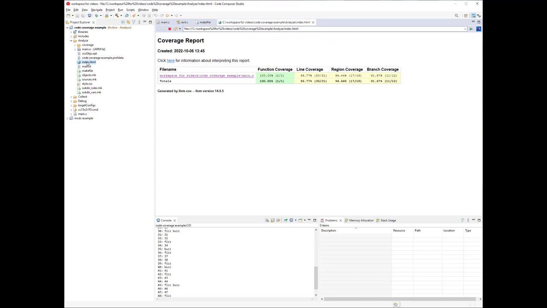Okay, so first thing I'm going to talk about is these columns here. The first column is the file name, fairly obvious. In a larger application, there's going to be many more than one file here. Function coverage talks about, of all the functions that appear in the file for that row, how many of those were executed. Again, in this particular toy program, it's unexciting in that there was one function and we executed it, so it's 100%. Line coverage. In this particular toy program, there are 31 lines and 30 of those got executed.